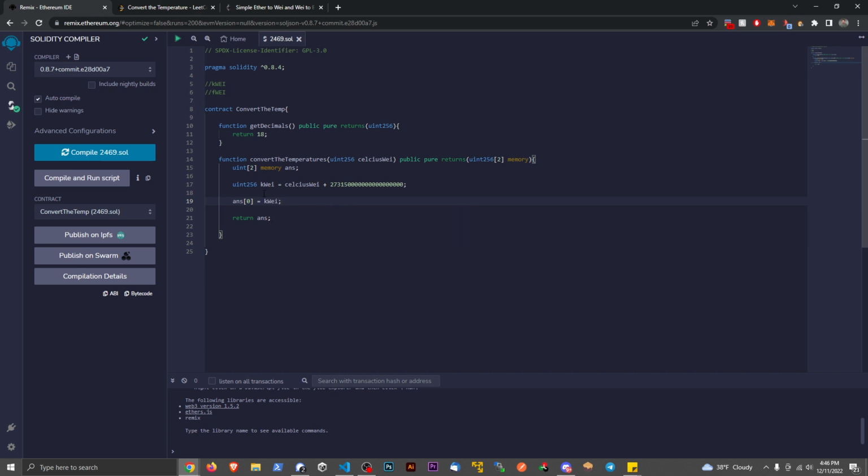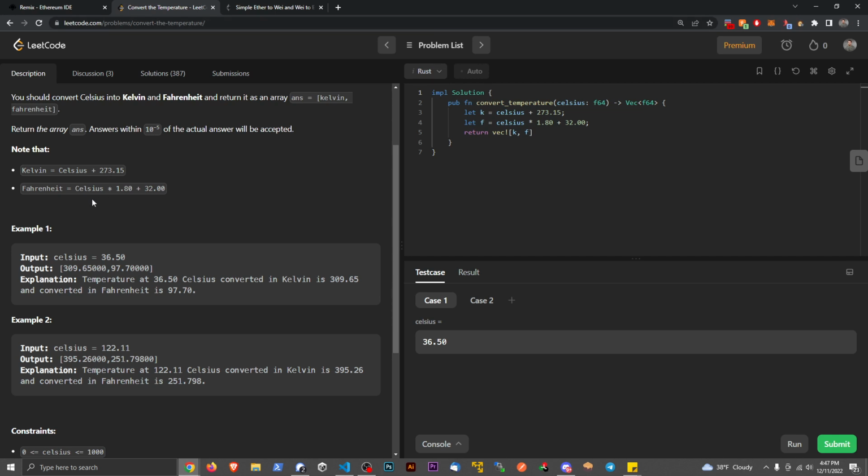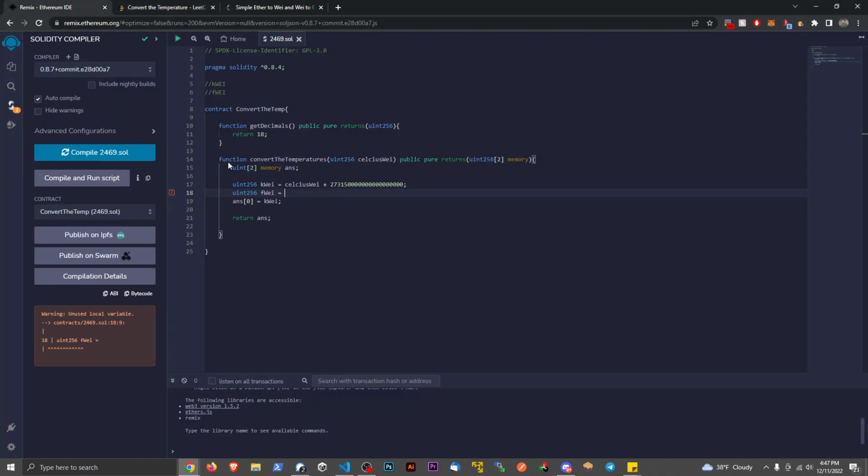Cool. So this is halfway done here, and this is actually the easy part. Now we also have to convert this to Fahrenheit, uint256 fWei. Now this one's a little more tricky, because if we look at the formula, we have Celsius times 1.8 plus 32. Again, if we try to use this decimal point, it's not going to work, right? So if I say celsiusWei times 1.8,